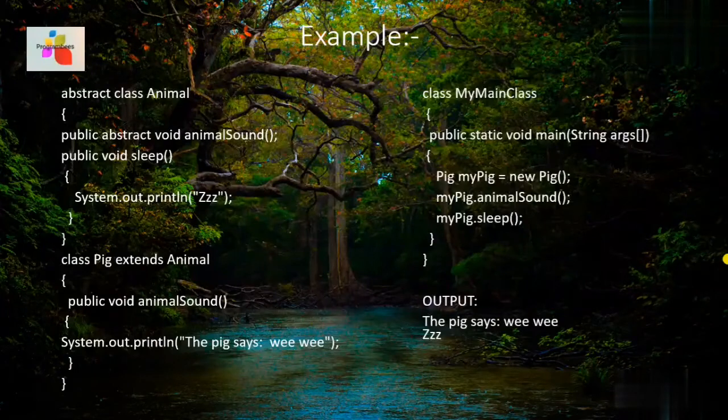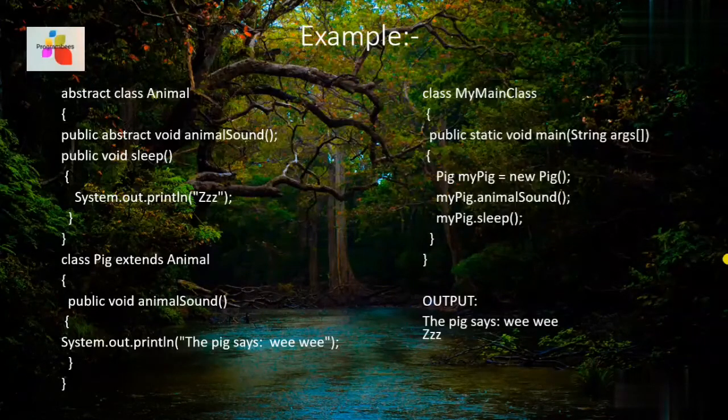Now, how can we implement it in coding? Here, I have taken animal as an abstract class, and under the animal class, I have taken two methods, that is animal sound and sleep. And the sleep consists of a statement. Again, I have extended the pig class from the animal class, so it has some properties of animal and also some new properties.